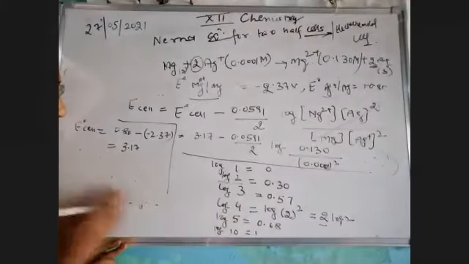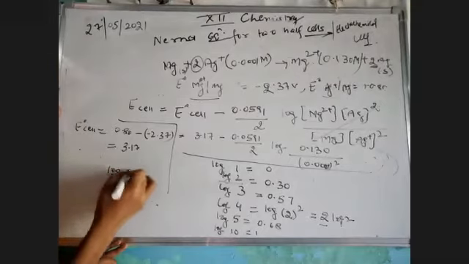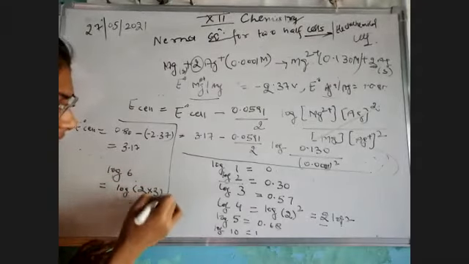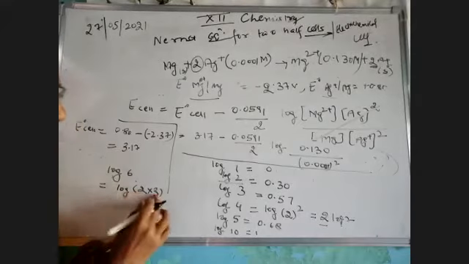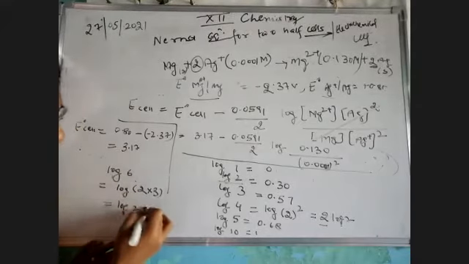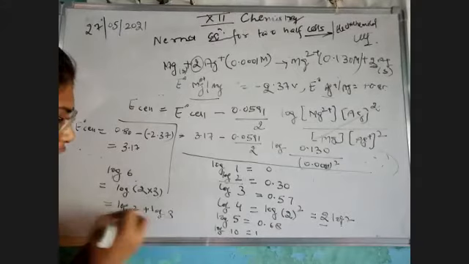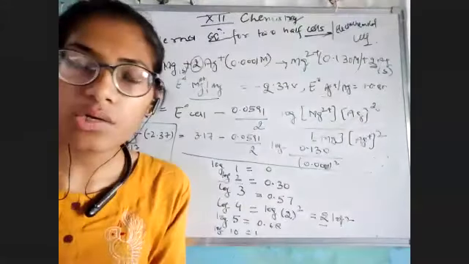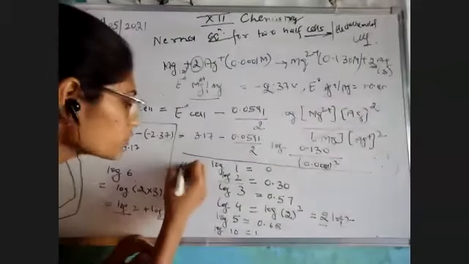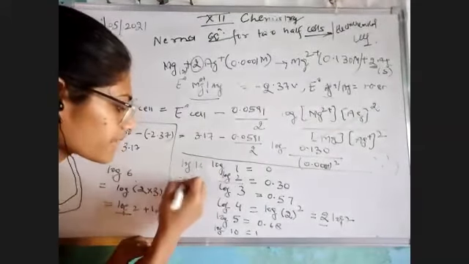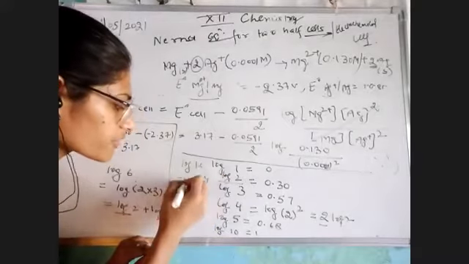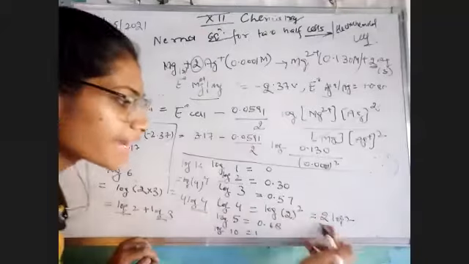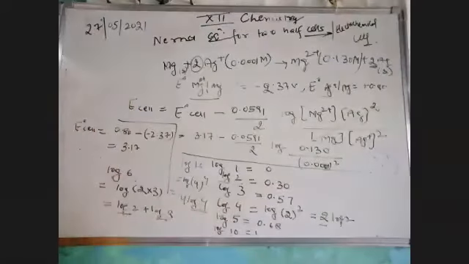But if we have to calculate log 6, this is equal to log 2 multiplied by 3, that is log a plus log b. This is a general formula. You know the value of both and you can rewrite. Suppose we have been given log 16, so what would we do? That is log 4 to the power 4, and we know the formula. The 4 would become outside log 4. We would write log 4 as 2 log 2, put in the equation and solve.